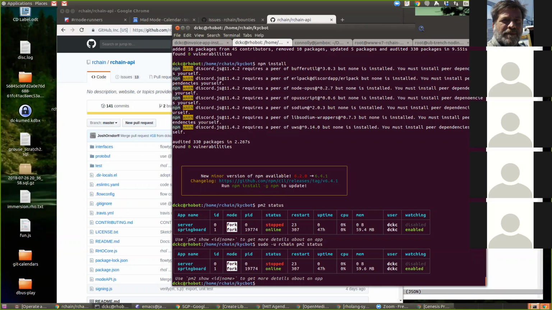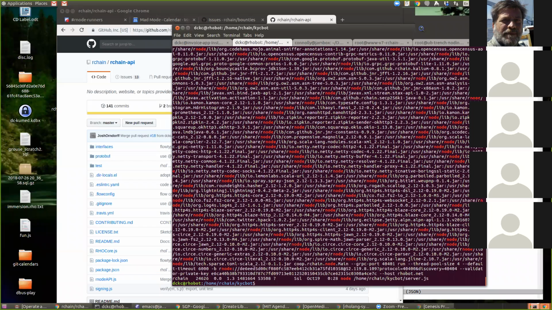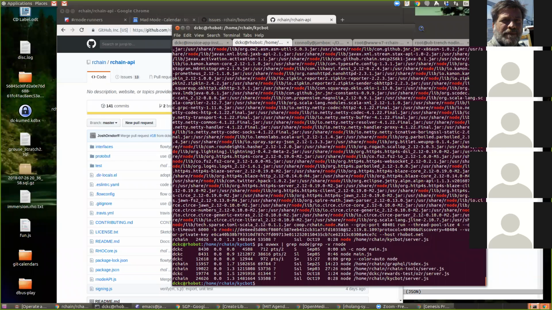It probably uses some other variable. I think you have to do an su dash. Okay, if I do it as RChain, I get a totally different list of things. All right, it's clearly running.